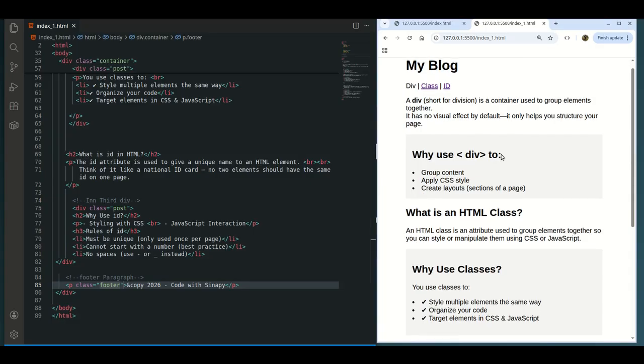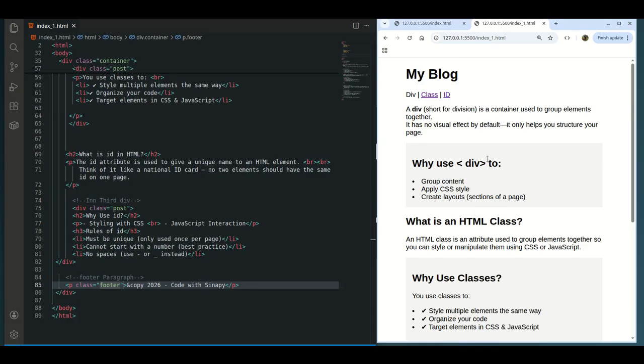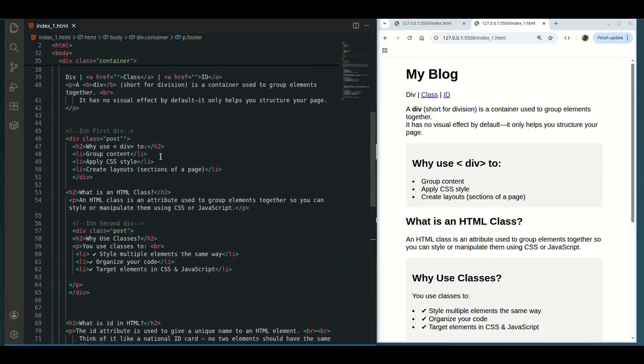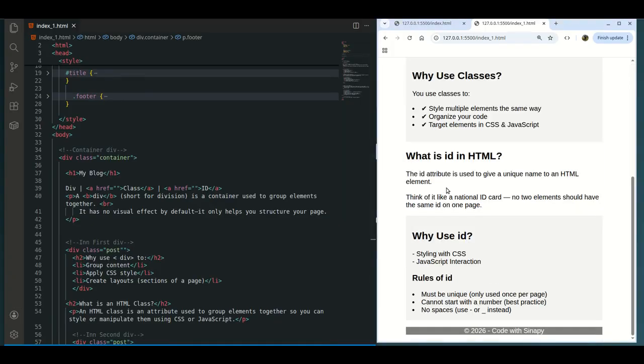That is HTML classes. So far, we have covered div and the class. Now, let's jump into the ID. Sorry, yes, ID. Let's scroll here and understand what an HTML ID is. It is used to give a unique name. You can ask yourself,